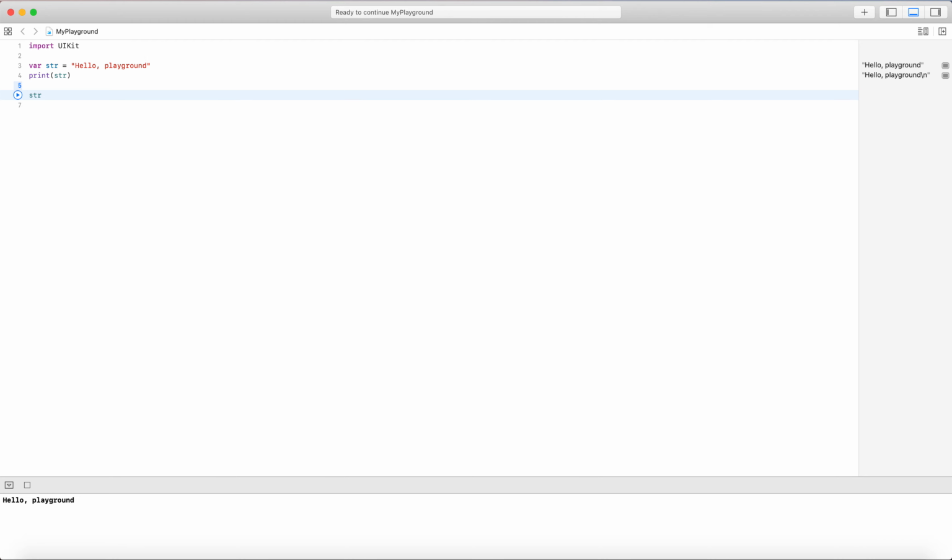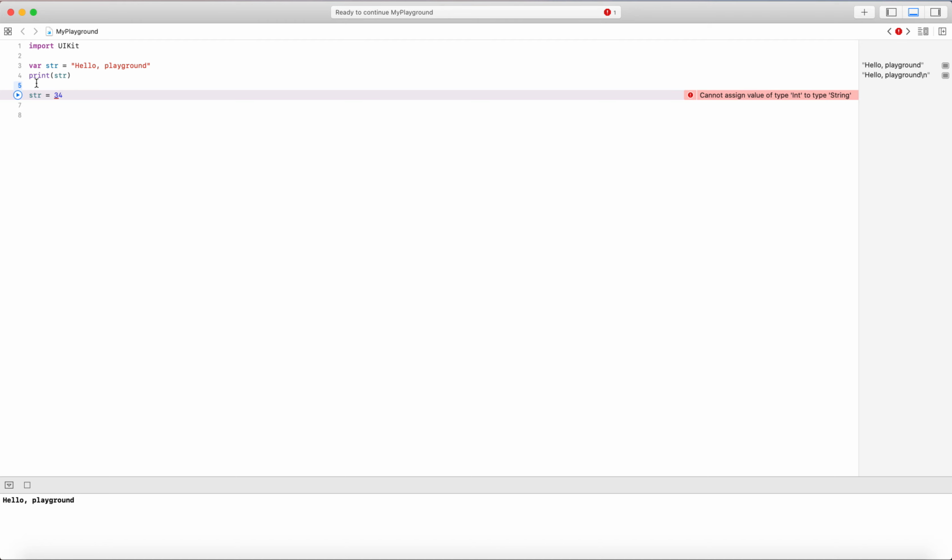You can't assign a numeric integer value to a string. If you try to assign that value, you will get an error: you cannot assign value of type Int to type String.